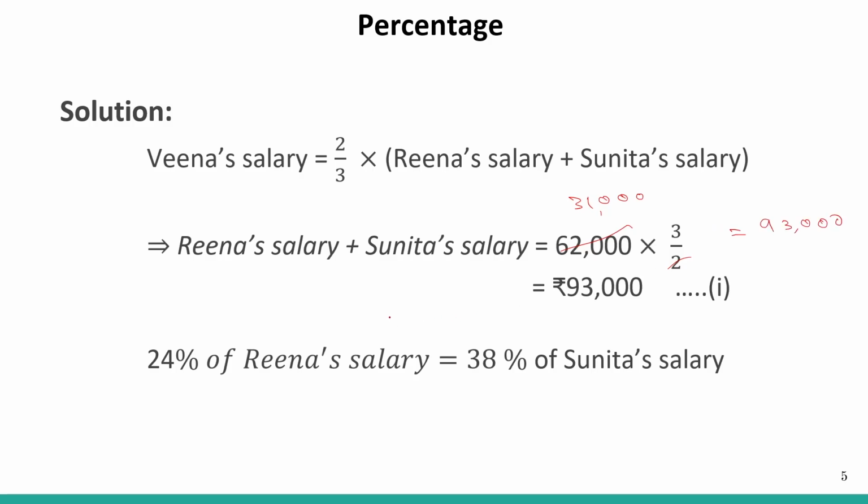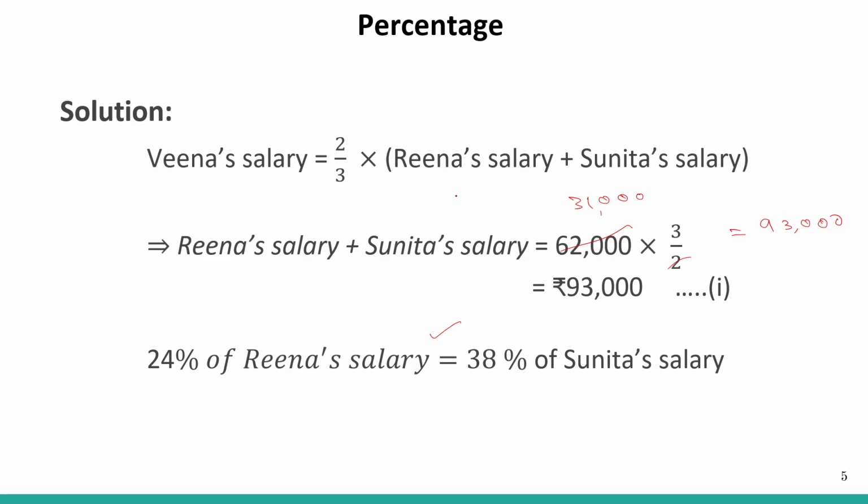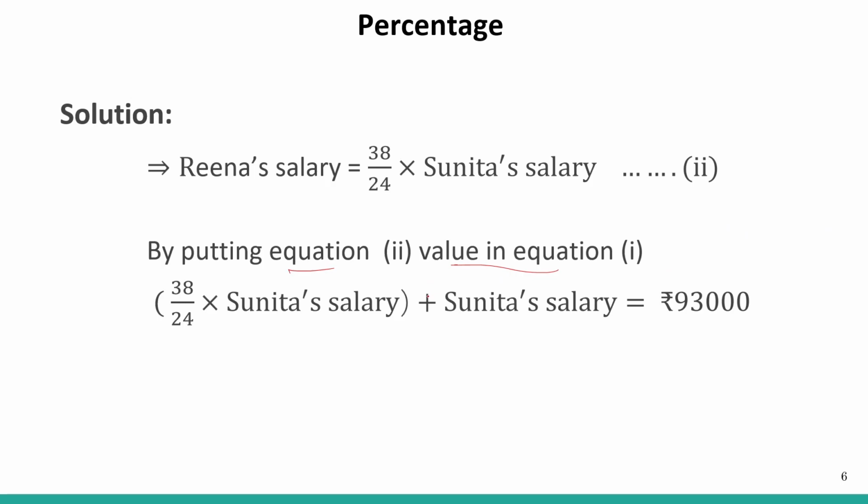Okay. So 24% of Rina's salary is equal to 38% of Sunita's salary. This is what we are given. So Rina's salary is equal to 38/24 into Sunita's salary. By putting the second equation's value in equation 1, we are putting the values in the first equation, that is this one. What we are left with is